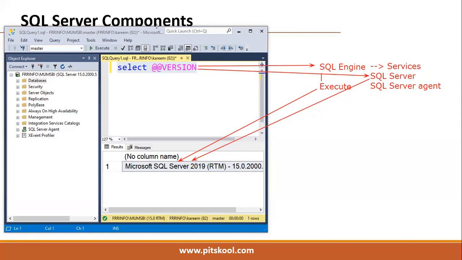Check here. If I close this SSMS, is the server down or is the server running? Manoj, if I close SSMS here, what does it mean? Yes, the server is running.